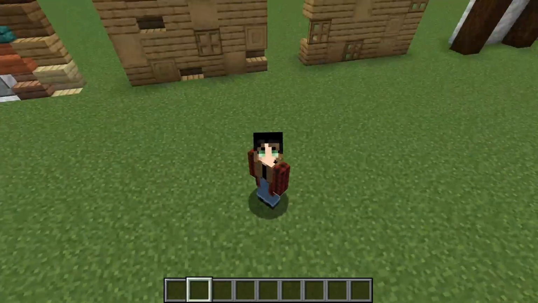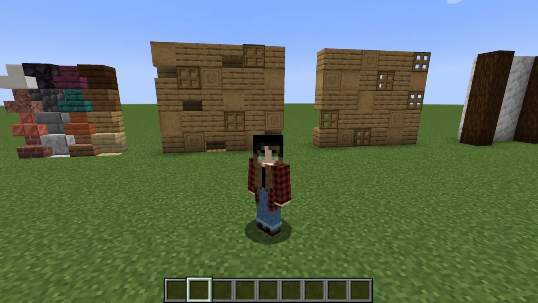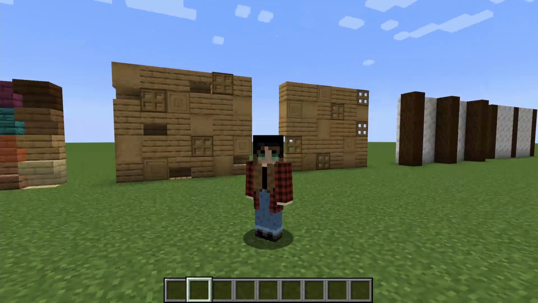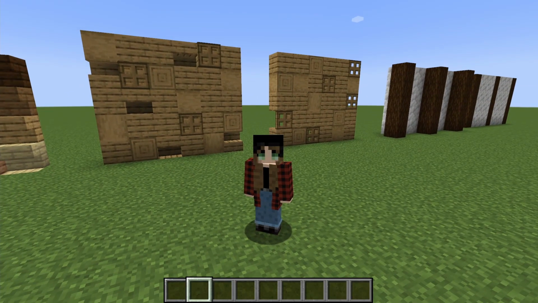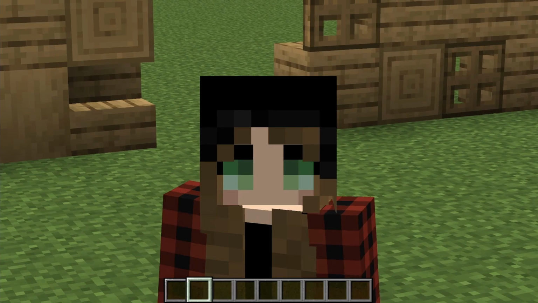Now, why is this important? Basically, in real life, everything is not on the same plane. Take a wall of bricks. You will have the bricks sticking out slightly and the mortar sticking in slightly. In any natural wall, there will be indentations and outdentations, if that's a word, which it's not, but oh well,